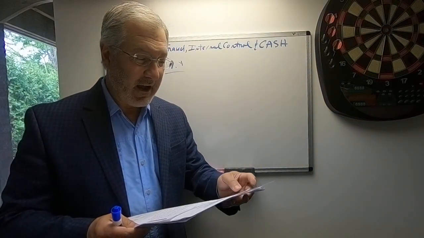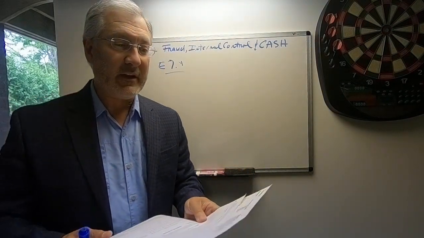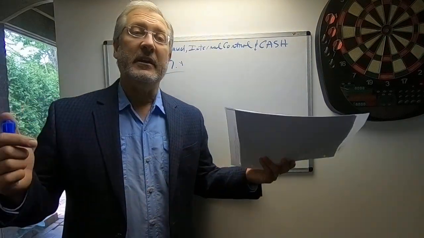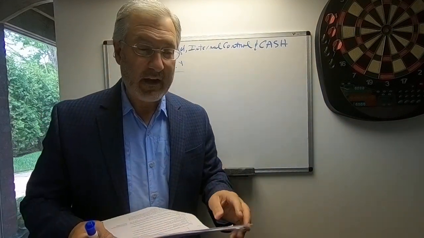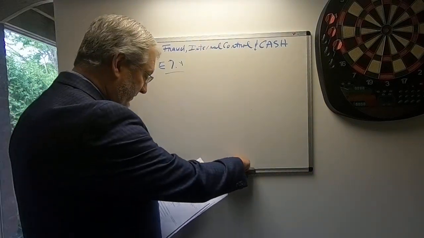And number 5, time clocks are used for recording time worked by employees. This is an example of good internal control. The concept here is physical controls, and you have that employee using a time clock as opposed to somebody writing that time in. So that was exercise